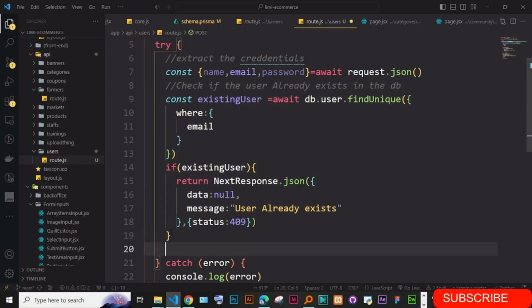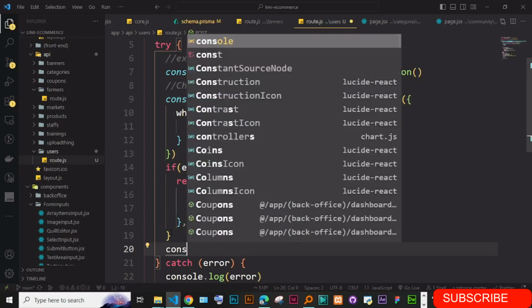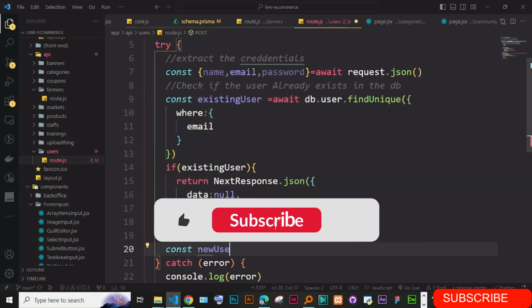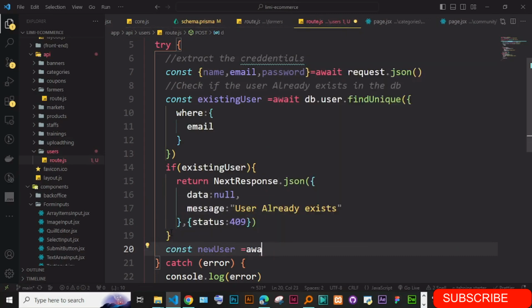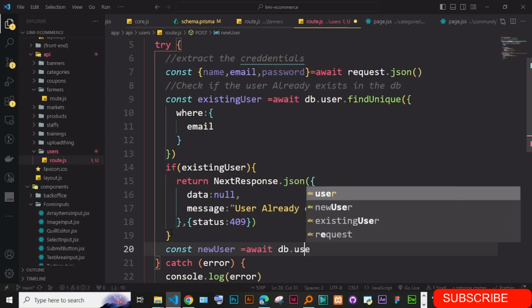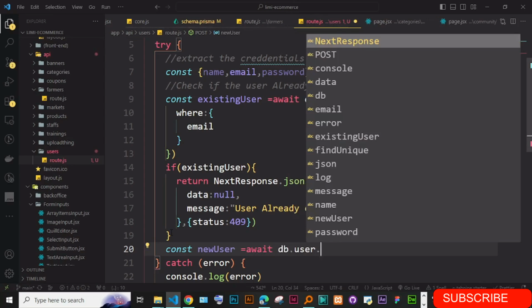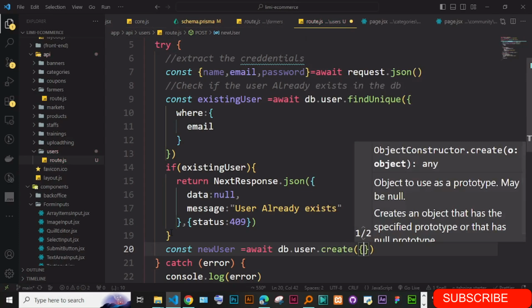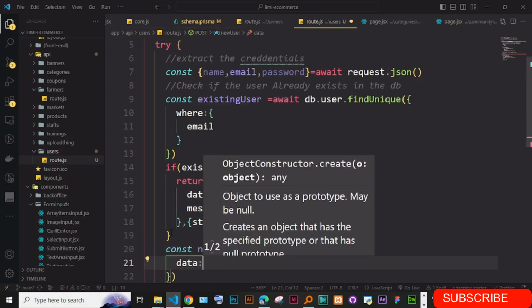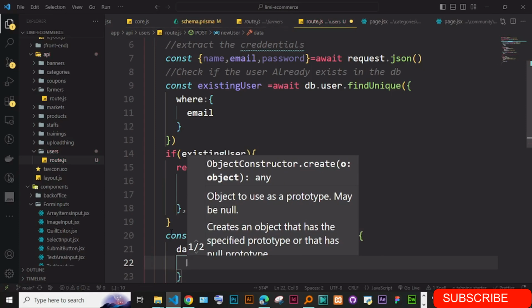So if the user does not exist, you can just go ahead and register the user. So const newUser is equal to await db. The first thing actually before we register the new user, you say newUser is equal to await db.user.create. So this takes in data, and the data here is supposed to have of course name,